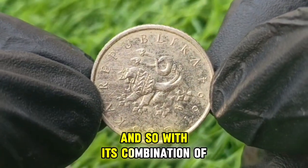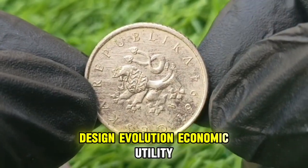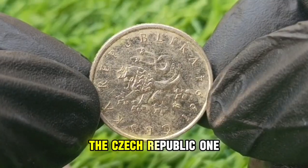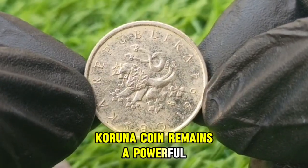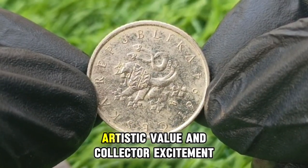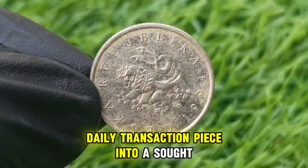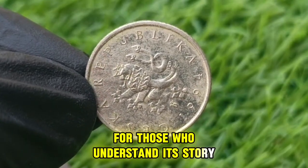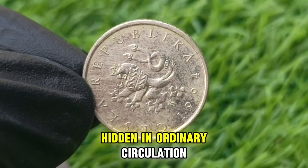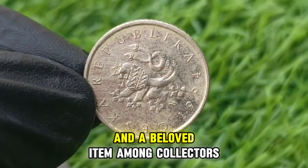And so, with its combination of national symbolism, transitional-era intrigue, design evolution, economic utility, and a rich universe of collectible rarities and minting errors, the Czech Republic one Koruna coin remains a powerful reminder that even the smallest currency denomination can hold immense historical depth, artistic value, and collector excitement, evolving from a simple daily transaction piece into a sought-after treasure for those who understand its story, appreciate its complexities, and continue to search for the rarest gems hidden in ordinary circulation, making this coin one of the most fascinating modern pieces in Europe and a beloved item among collectors